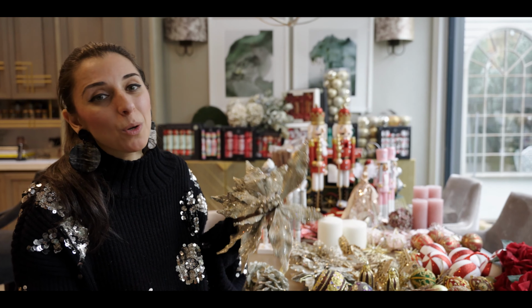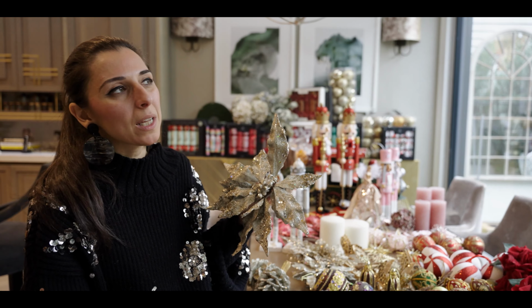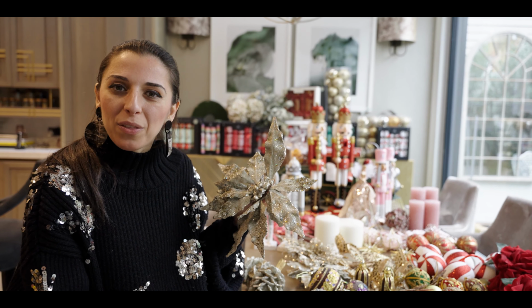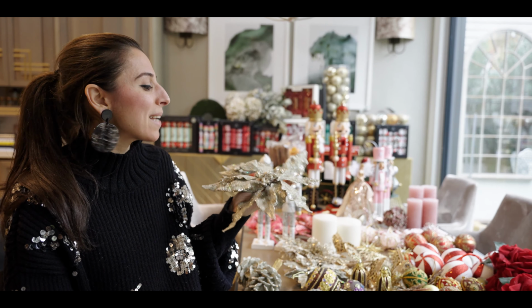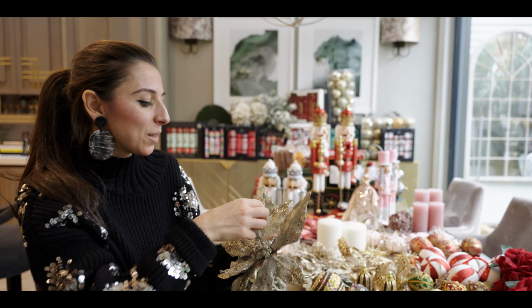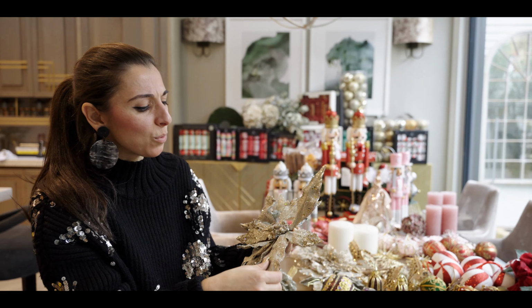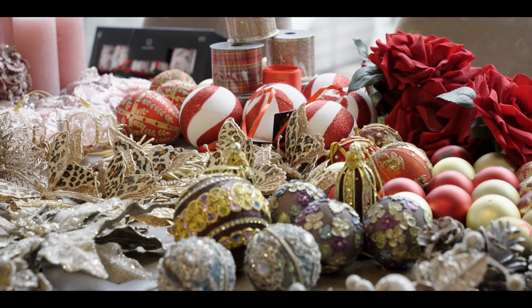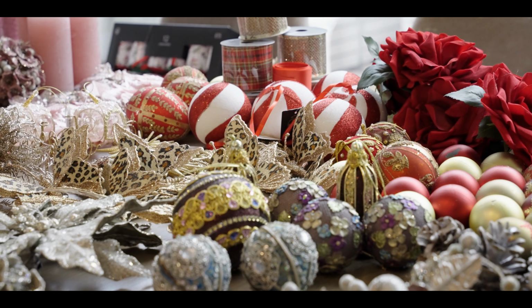Some of you will know I'm not Christian, so putting a star on the tree, I've always wondered whether it's the right thing or not for me to do. So instead, this was always my compromise to make it less religiously relevant, perhaps. I don't know whether that was the right or wrong thing to do, but anyway,